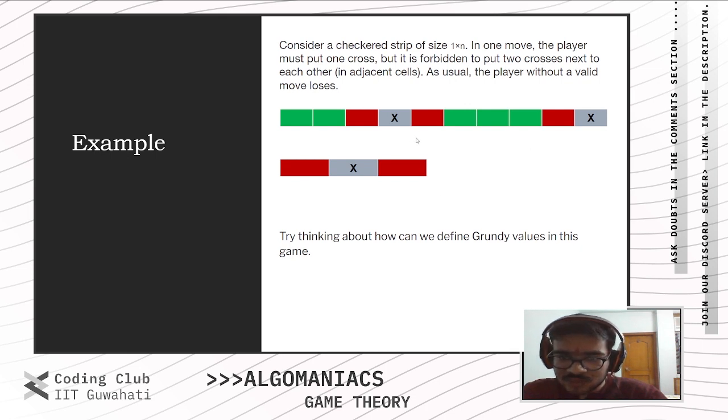So in the first example you can say if we place a cross here, then we are not allowed to place crosses in these red boxes, but we are allowed to place crosses in these green boxes for the next move. For the corner case it's just one box which is forbidden, and in the center it's two boxes which are forbidden. Similarly we can see this for this case. So try to think about it and try how we can reduce it, like how we can define the Grundy values in the game. Stop the video and think about it.